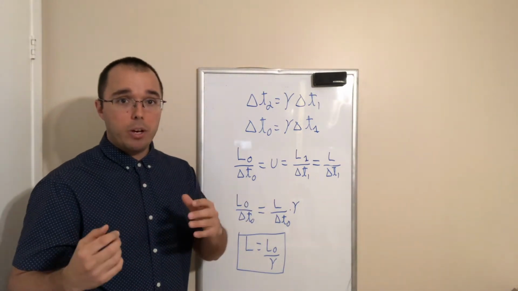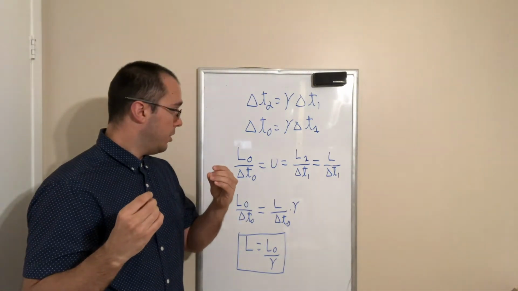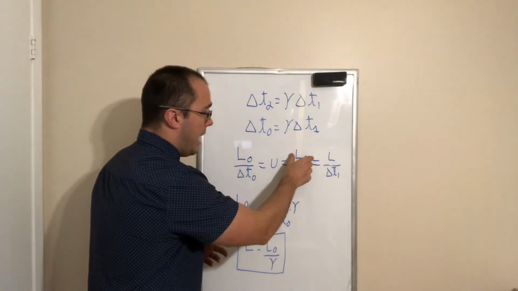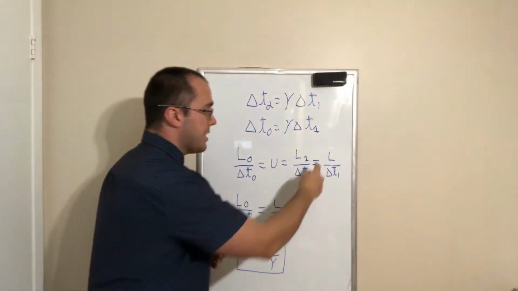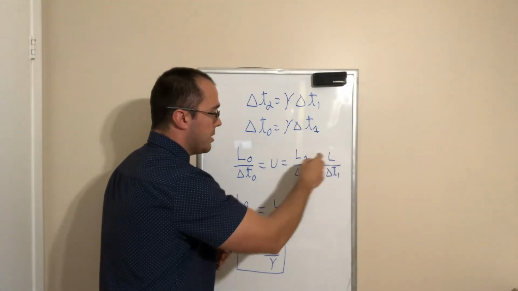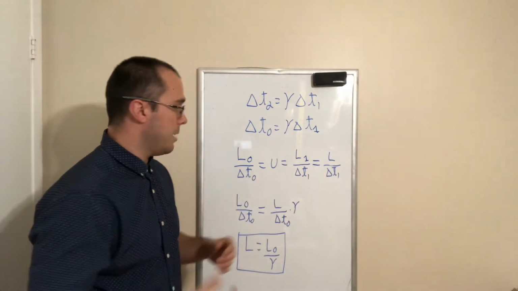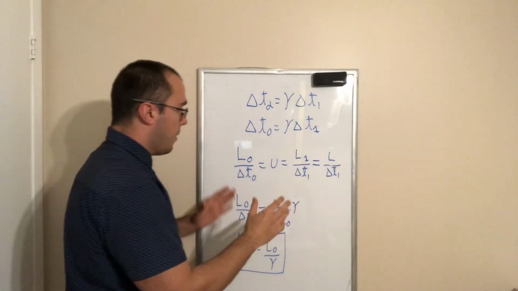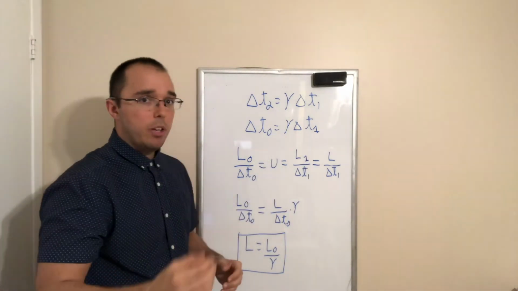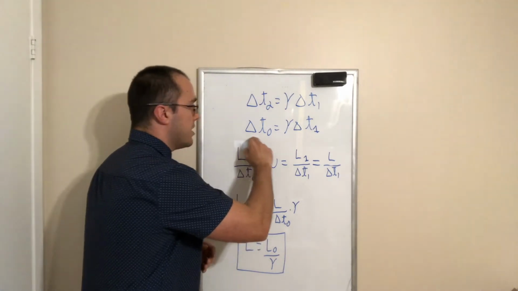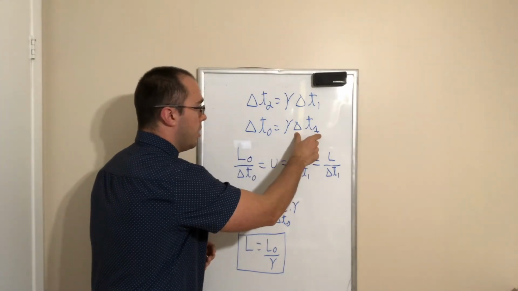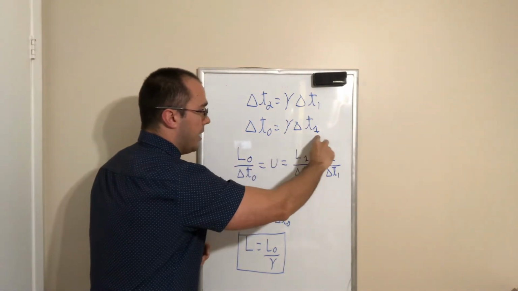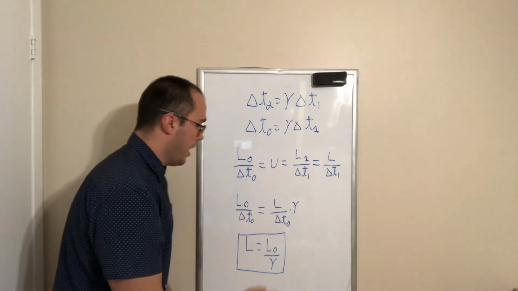Now, from the point of view of the moving frame, we have L1, and in our notes they use simply L. So I wrote it like this, but L1 or L for me mean the same thing, divided by delta T1. Now these two have to be equal, and if we look at the previous formula, there's this relationship between delta T1 and delta T0. So we can use this relationship to replace delta T1.